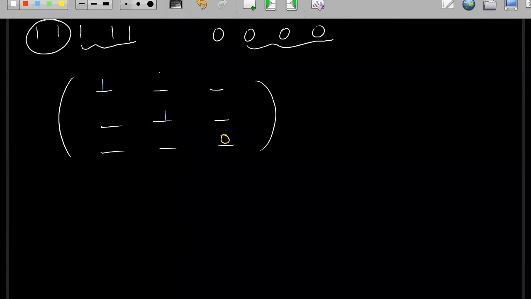Now I will fill one here. Suppose I'm filling one here, one will be filled here too. So one is used, one is used. I will fill suppose 0 here, so automatically 0 has to be filled here. So 0 has been used, 0 has been used. Now one 1 is left and one 0 is left. So if I fill 1 here, I have to fill 0 here. Now this is not a symmetric matrix. Even if I fill 0 here, I have to fill 1 here. So this is not a symmetric matrix, right?